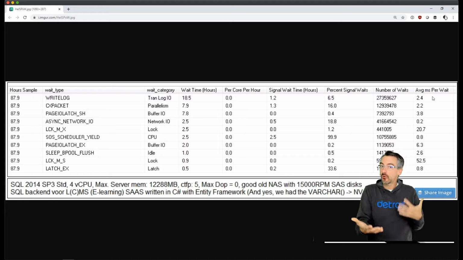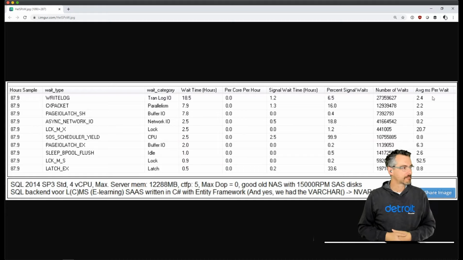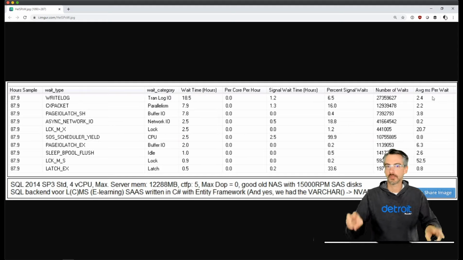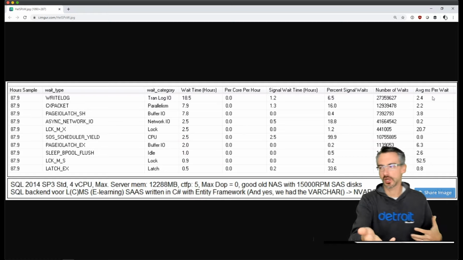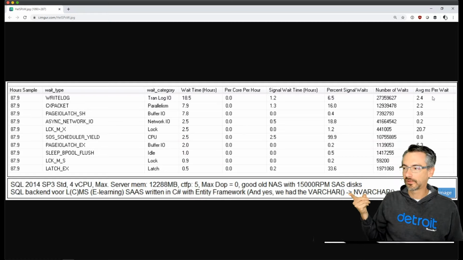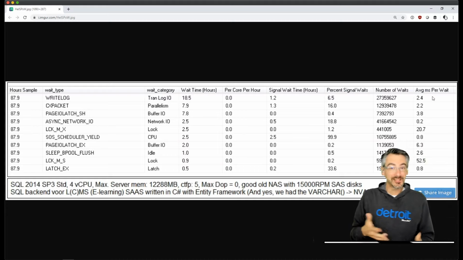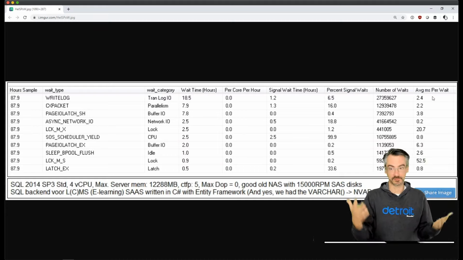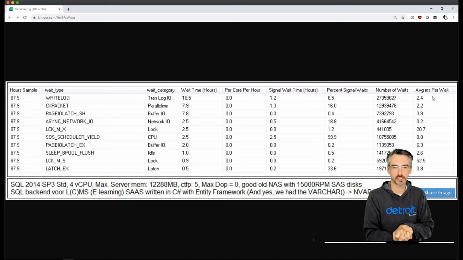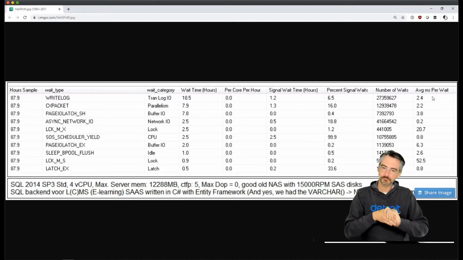That's pretty quick. For the longest time, Microsoft had a SQL CAT article out there where they said that transaction log writes slower than 3 milliseconds were poor. In this day and age, like you mentioned on here that you're working on a good old NAS with 15K disks, that's really heroic for 15,000 RPM disks. That's actually fantastic, 2.4 milliseconds of storage delay time.